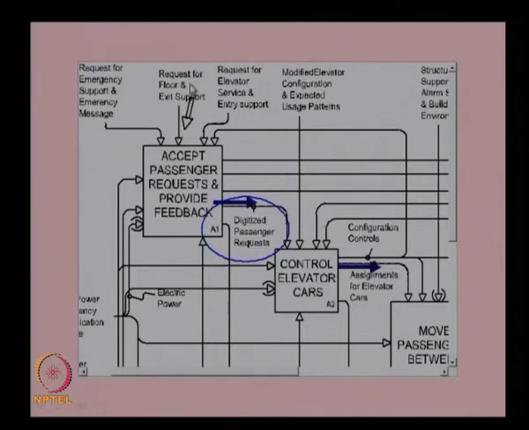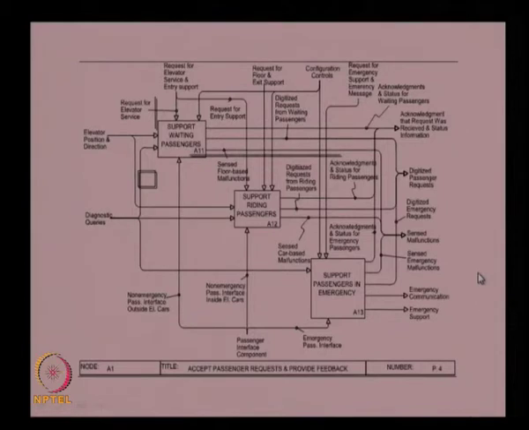So here you can see this request is converted to a digitized passenger request. We know that there can be a function which actually converts this input, and that is what we need to find out: whether there is any shortfall or any overlap of functions in this one conversion of passenger request to digitized passenger request. So what we are doing is going to the A1 diagram, that is the A11 function, A12 function, A13 function, and seeing what actually happens to this request.